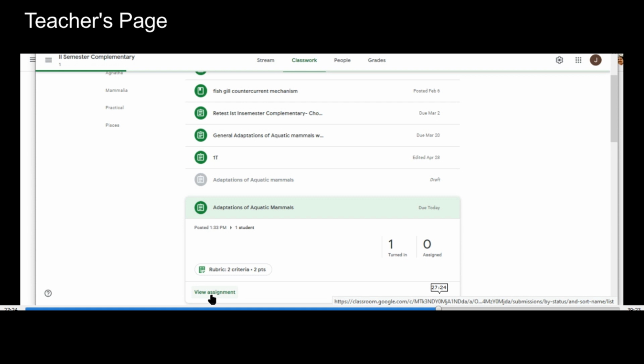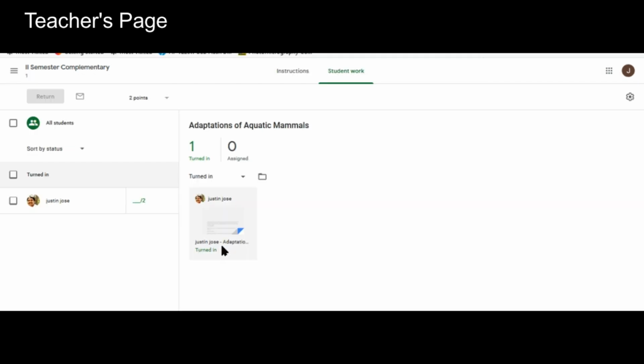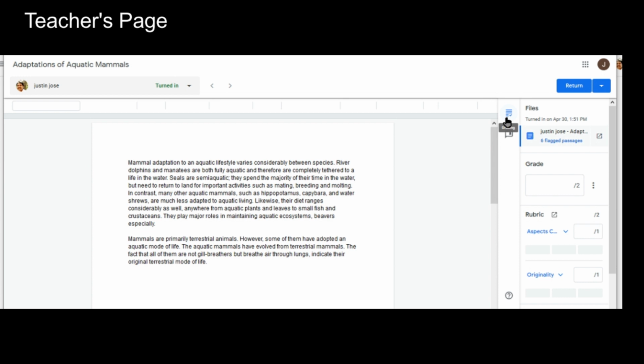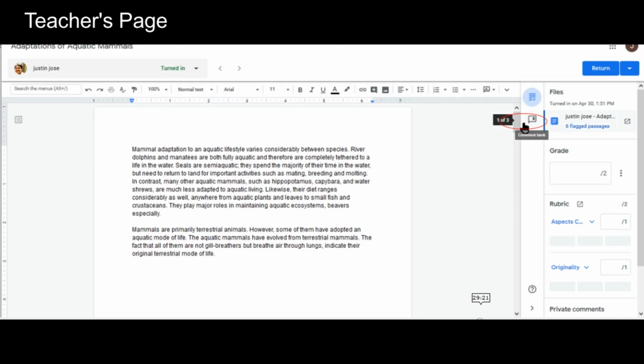Click on view assignment to go to the student work section and click on submitted document to evaluate. Click on the grading icon. Here's the grading icon, or comment back to switch between commenting or grading.